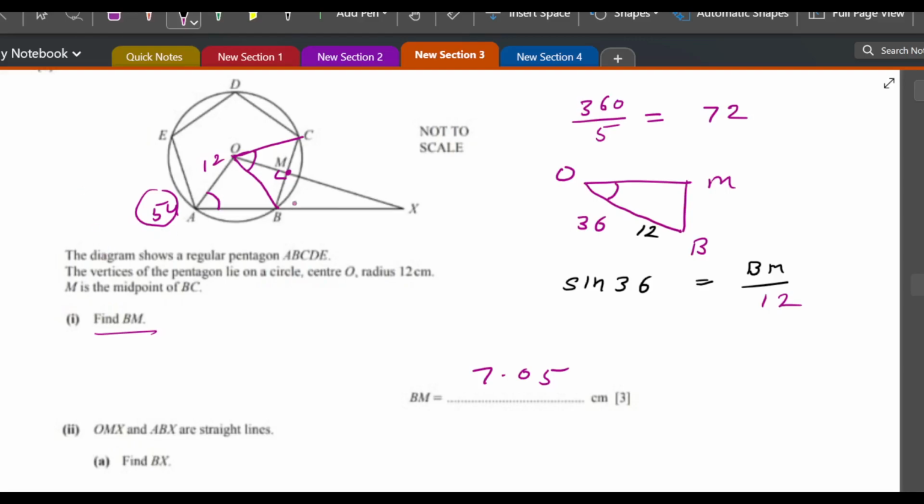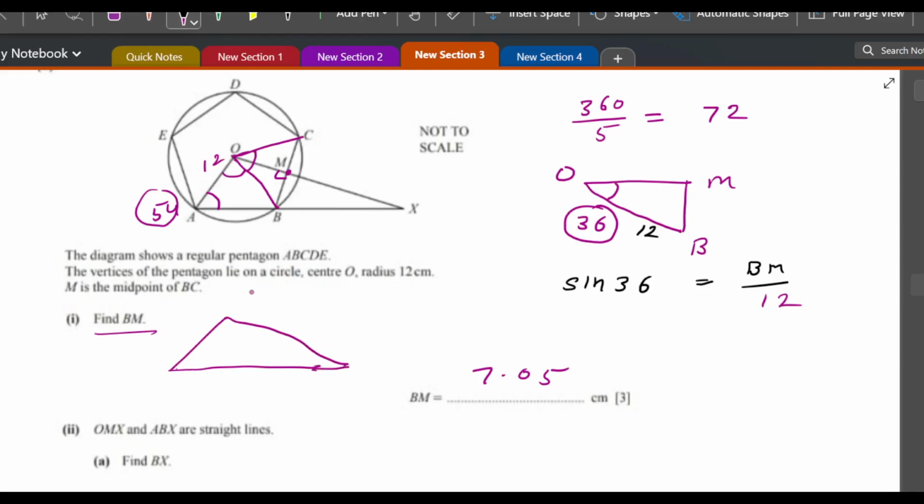Then one more thing. Do you know this angle BOM? Do you know this BOM? 36. So my AOB is 72 and this is 36. So 72 plus 36, 108. Okay, 108. So if I separately draw triangle AOX to make it clear,